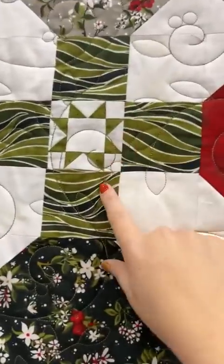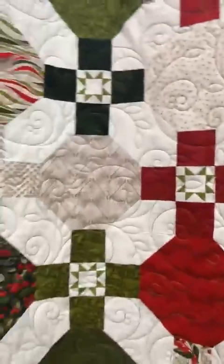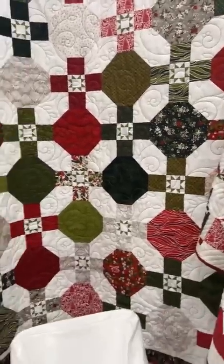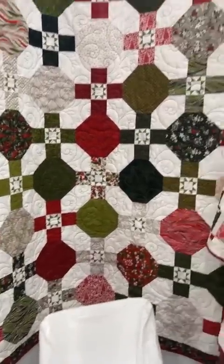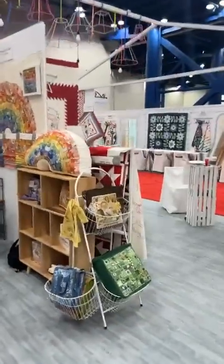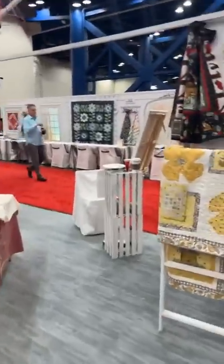So another beautiful collection from Basic Gray. Nice detail with the sawtooth star kind of popping out from the connecting blocks in this quilt. So Pine Valley from Basic Gray. Ask your quilt shop about that one. Let's go over here